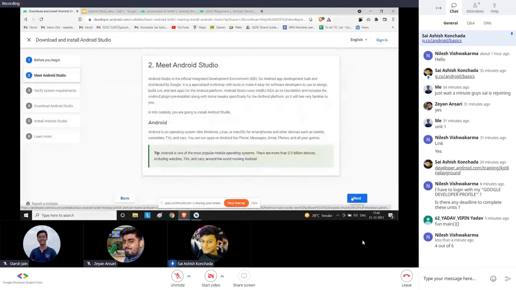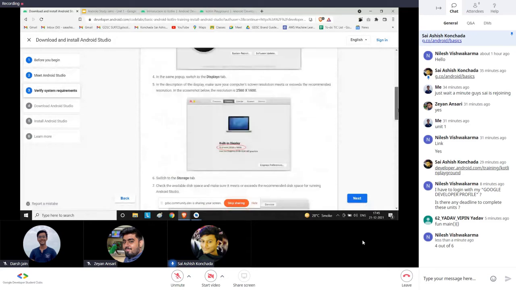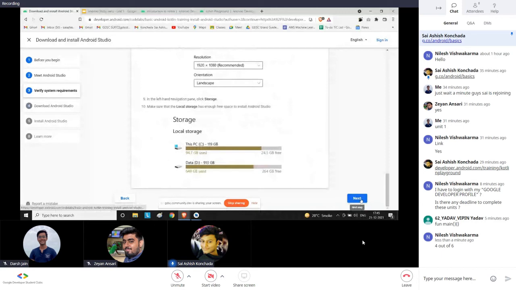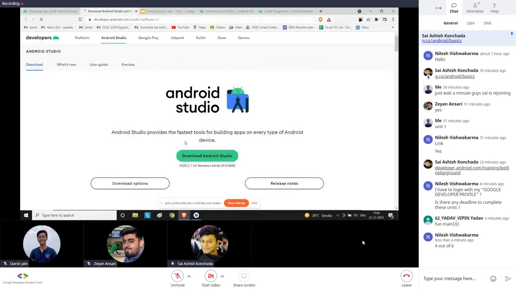So this is very simple. What you have to do is just go to Chrome and go to this link. If it meets your specifications, you just check. Then we'll click here, and you just click download Android Studio. An exe file will be downloaded, and then you just click next, accept the terms and conditions, and it will be installed. Note that it's a heavy program and it takes a while to download and execute. So take your time.